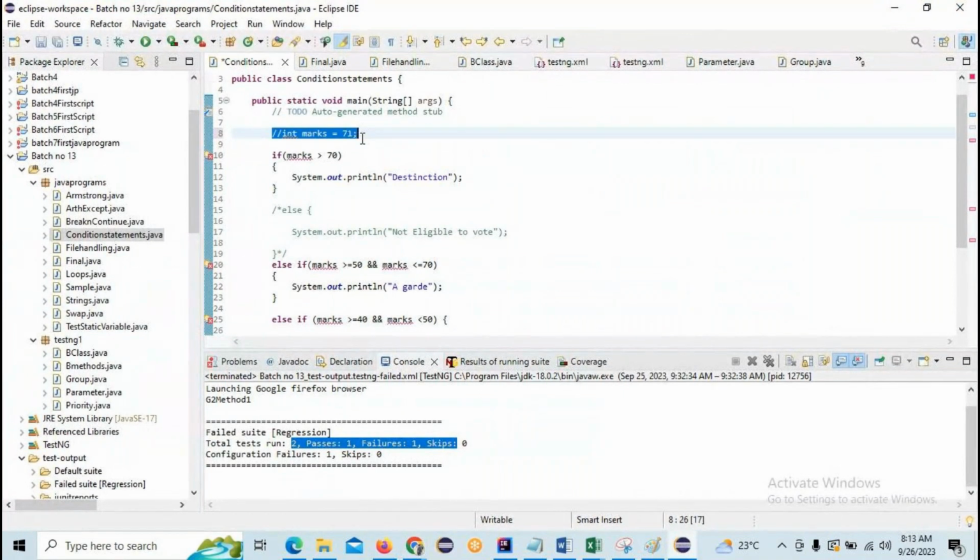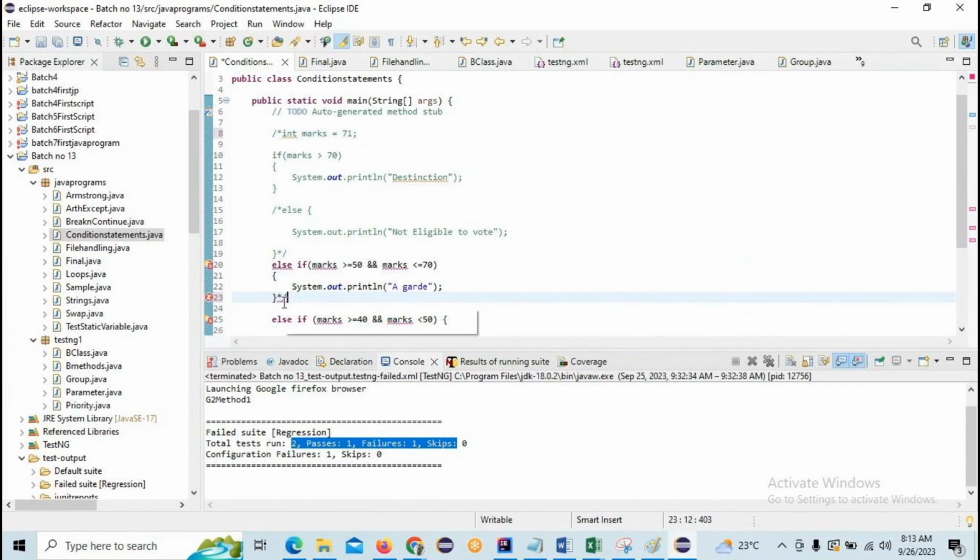If you want to comment any line in the program, you have to use these two backslashes. If you want to comment multiple lines, you have to use one backslash and a star, and you have to close wherever you want to end the comment. Here you give the star and backslash. Then all of these lines are going to be commented.